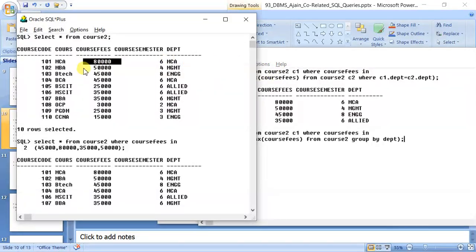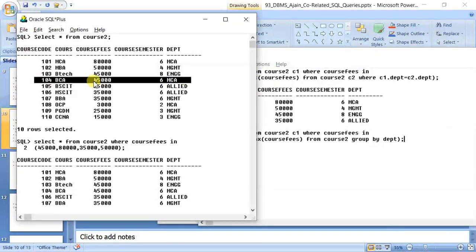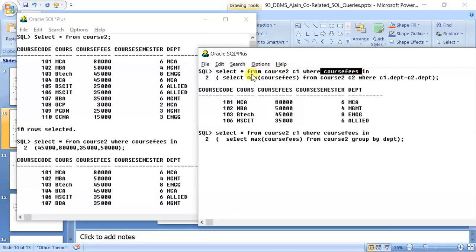The same thing will happen in MBA. The same thing will happen in BTech. But now let us come to BCA. What will happen? Now understand it very carefully. When the pointer reaches BCA, the course fees is 45,000. But again this subquery will be executed. So the maximum course fee will be calculated for those courses where the outer department value is equal to the inner department value.